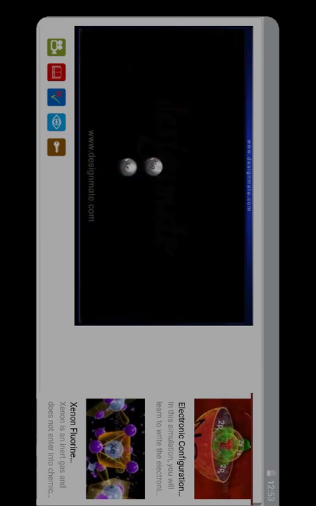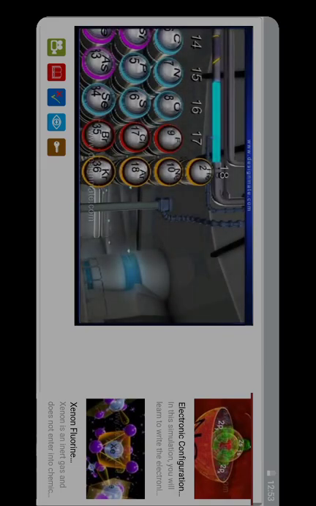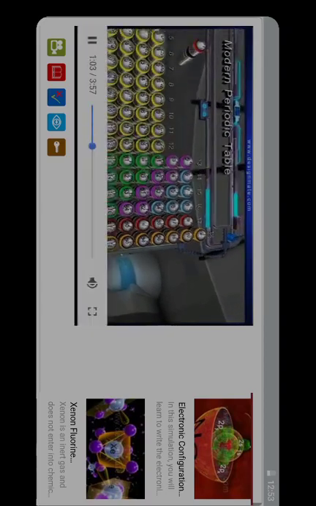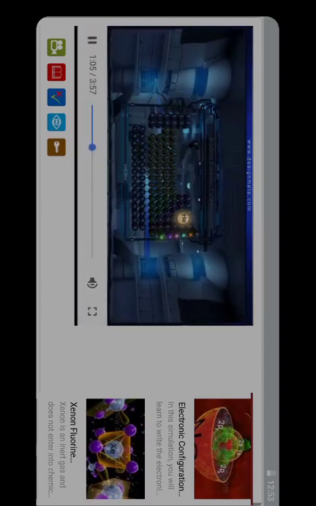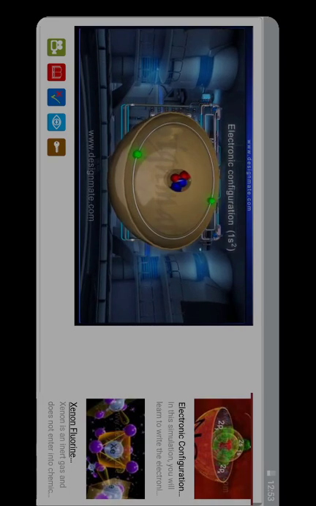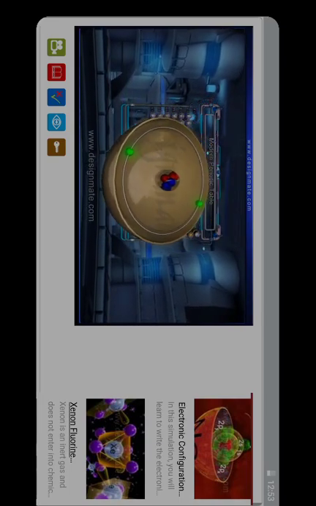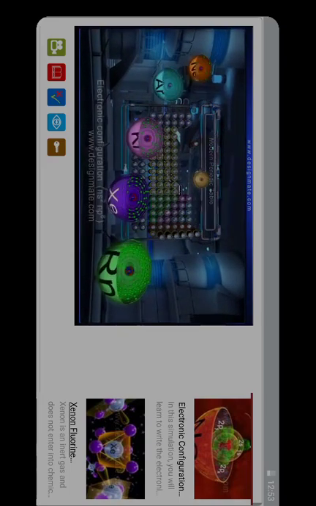Both neon and argon constitute an important group in the modern periodic table of elements. Helium has an electronic configuration of 1s2. The other noble gases have an electronic configuration ending with